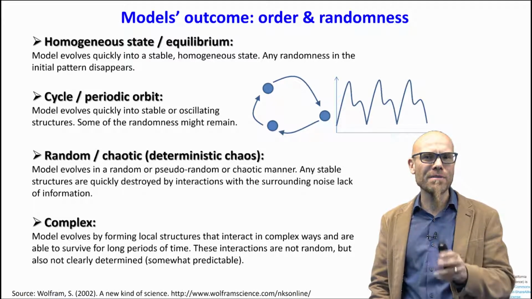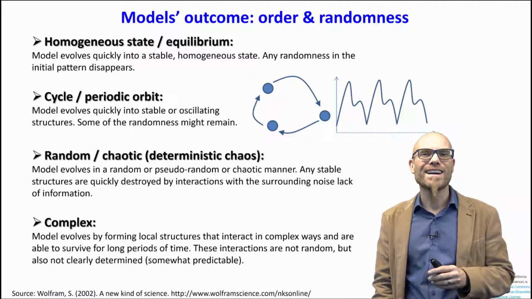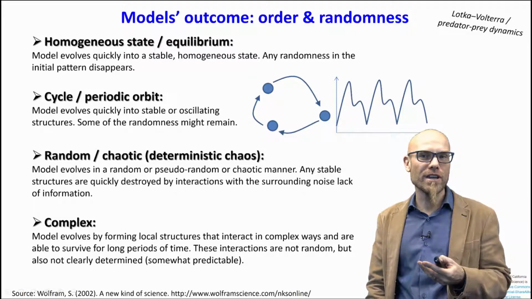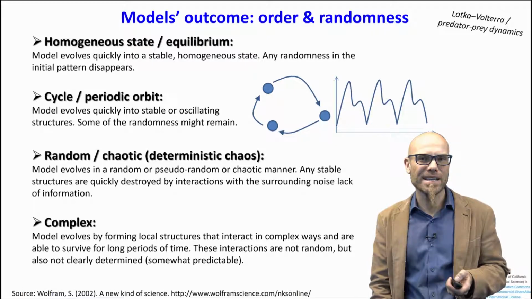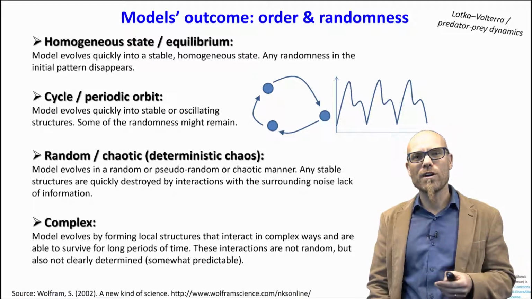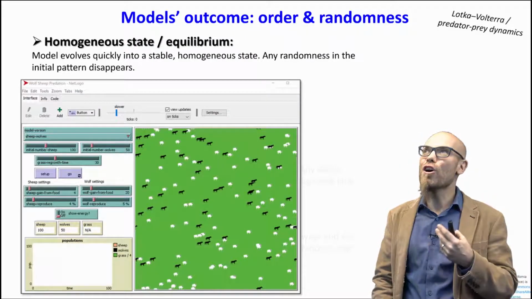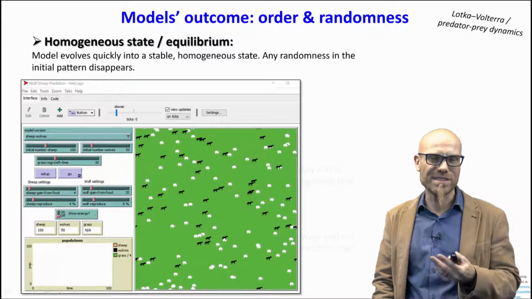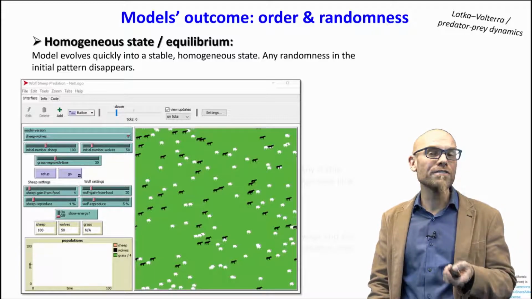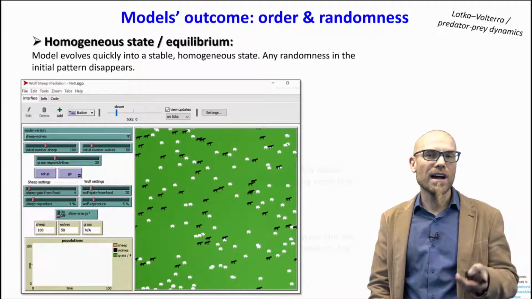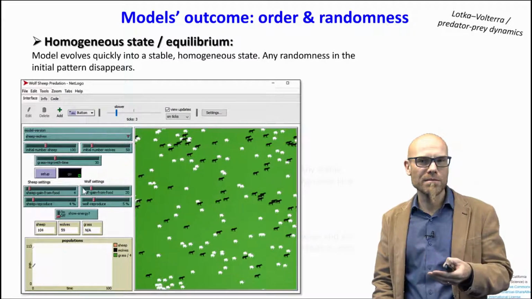They're somewhat predictable. So let me walk you through an example here with one agent-based model, which is based on the Lotka-Volterra equation. It's predator-prey dynamics. And we start with one model where we have a predator and a prey, and that will get us to the homogeneous equilibrium state. So we have wolves here and sheep. Both walk randomly around. I have 100 sheep and 50 wolves. They walk randomly around, they're blind.